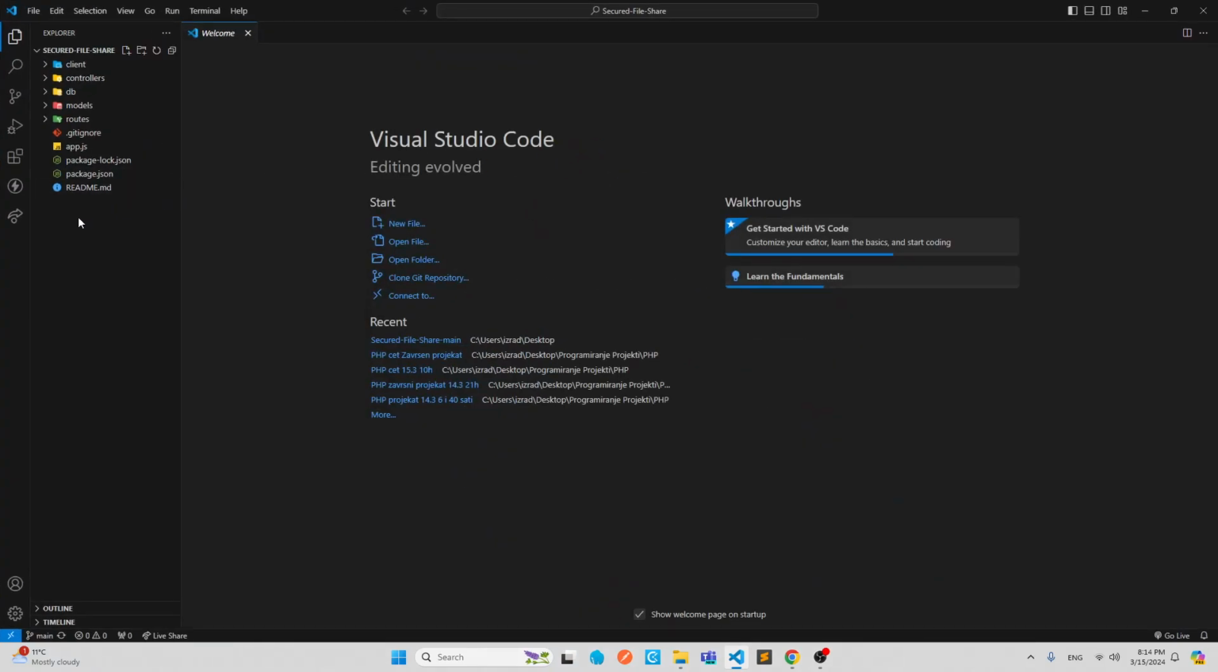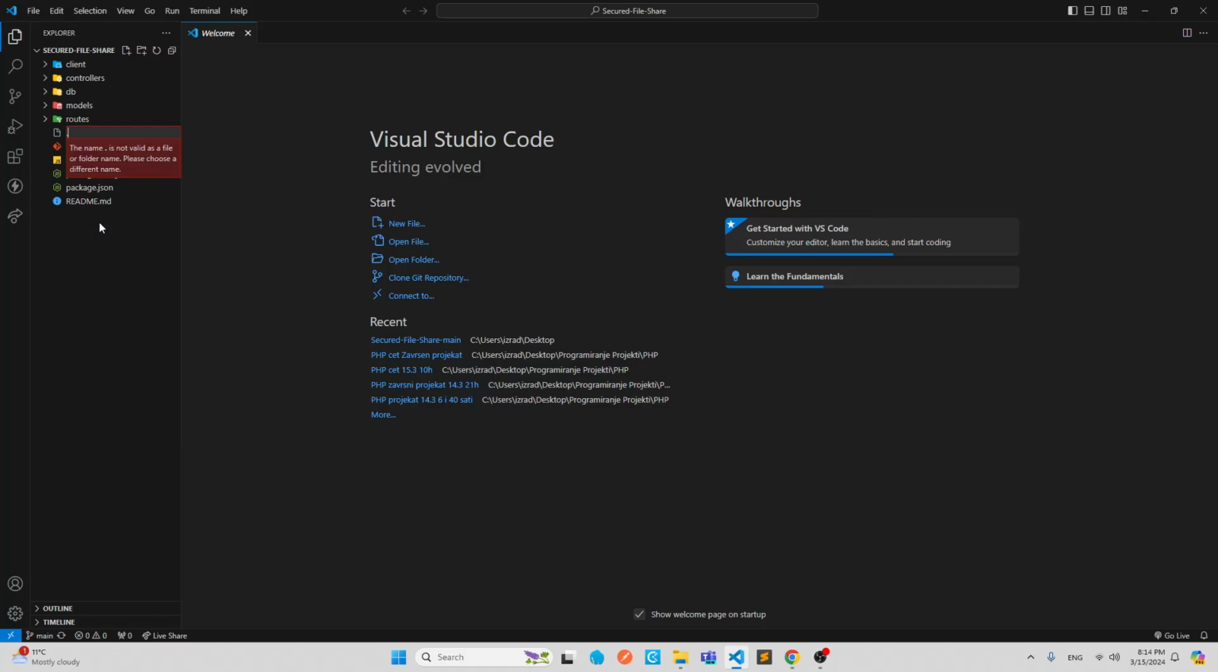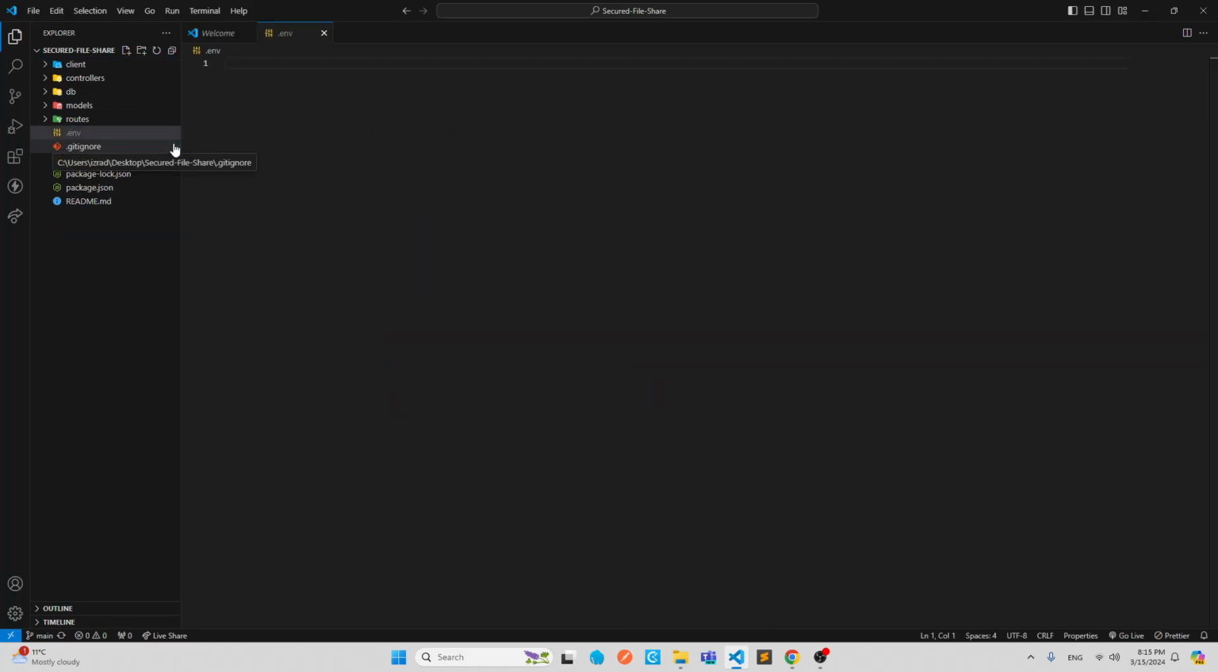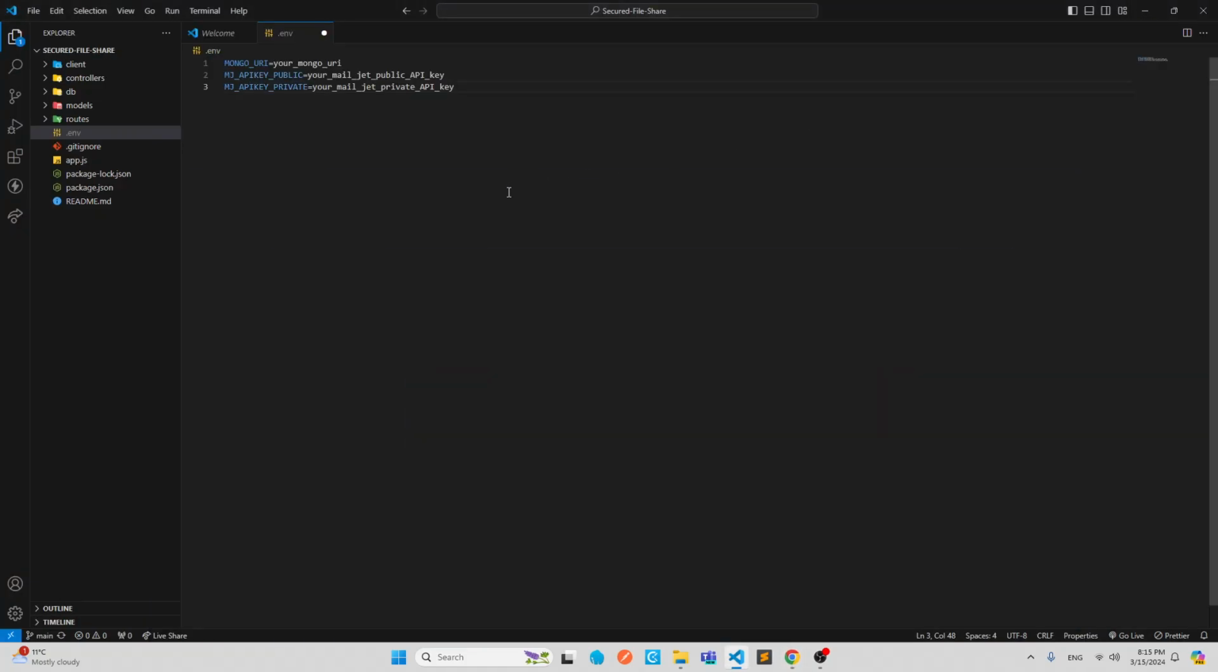Now we need to make an env file. You go here in the root, click new file, and you write .env. So this is the .env file for private environmental variables. You go here, and now you copy this second step. We copied it and we paste it here. Now